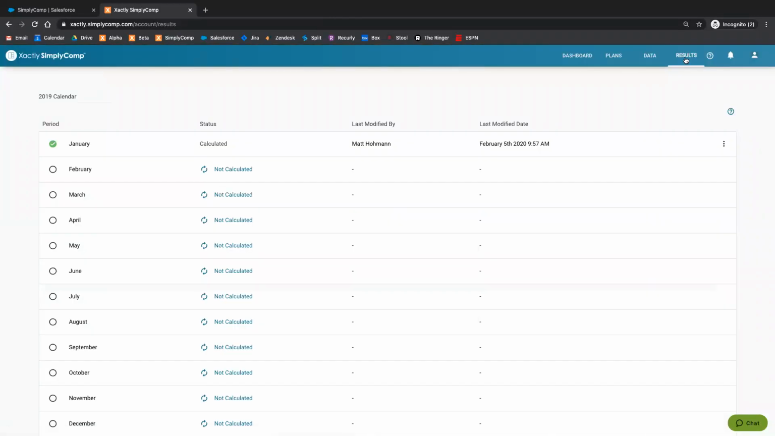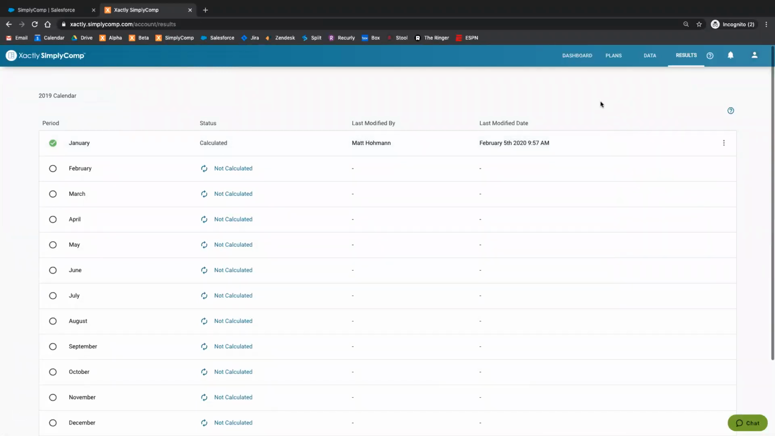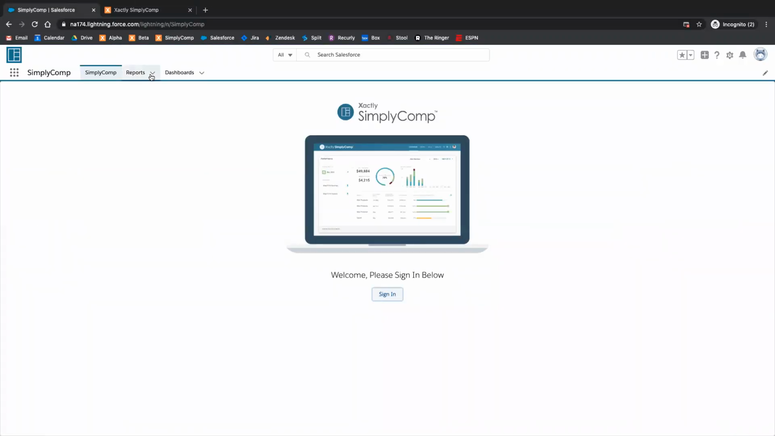So the next step within SimplyComp is to calculate this. In this case, we've already calculated, so it's not going to go through the process, but we would come here and just click calculate. And then once that's done, in order to get data back into Salesforce so everything's in one place, you click this sync results to Salesforce button. What that's going to do is push things back into Salesforce into an object that we create. So if we come back into Salesforce here,